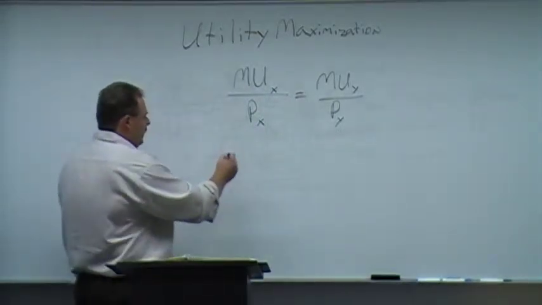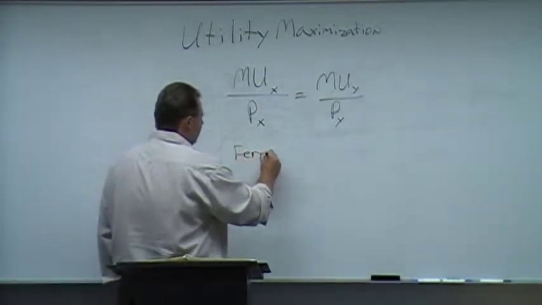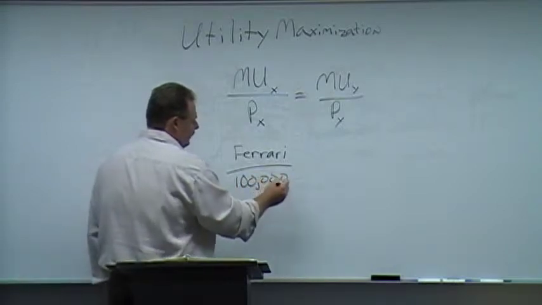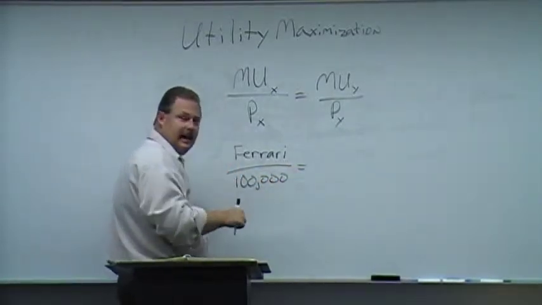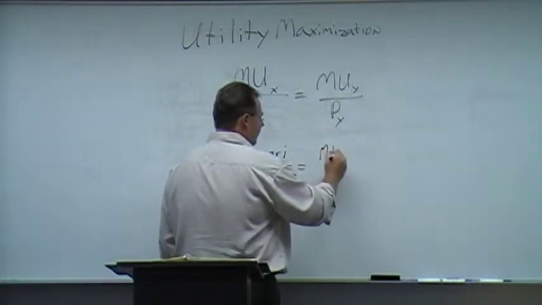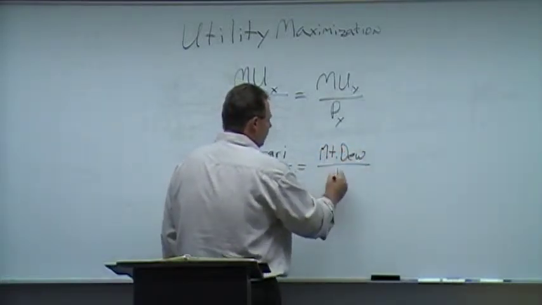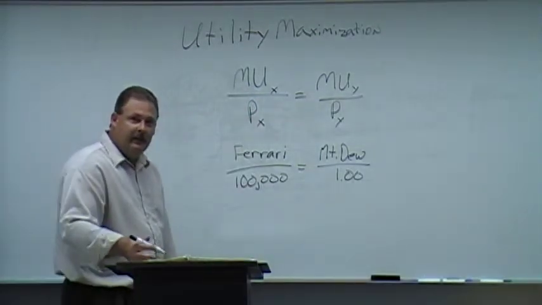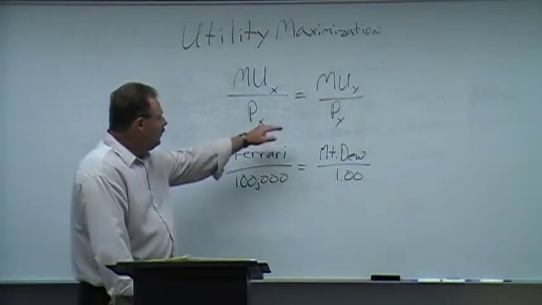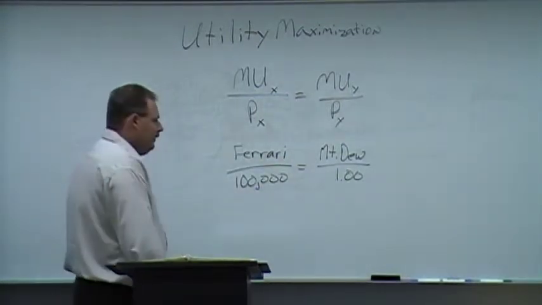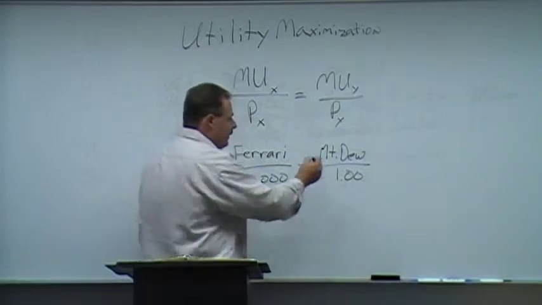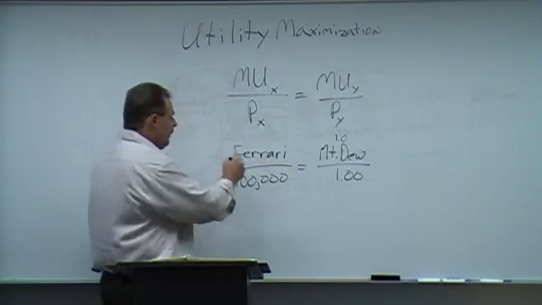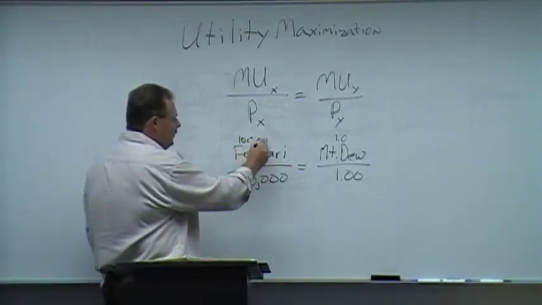One of the examples I'll use here is a Ferrari, which costs $100,000. Is that more satisfying than a Mountain Dew that costs $1? It might be. But what we have to look at is the marginal utility of that unit. If my Mountain Dew gives me 1 unit of satisfaction, this one's going to have to give me 100,000 units